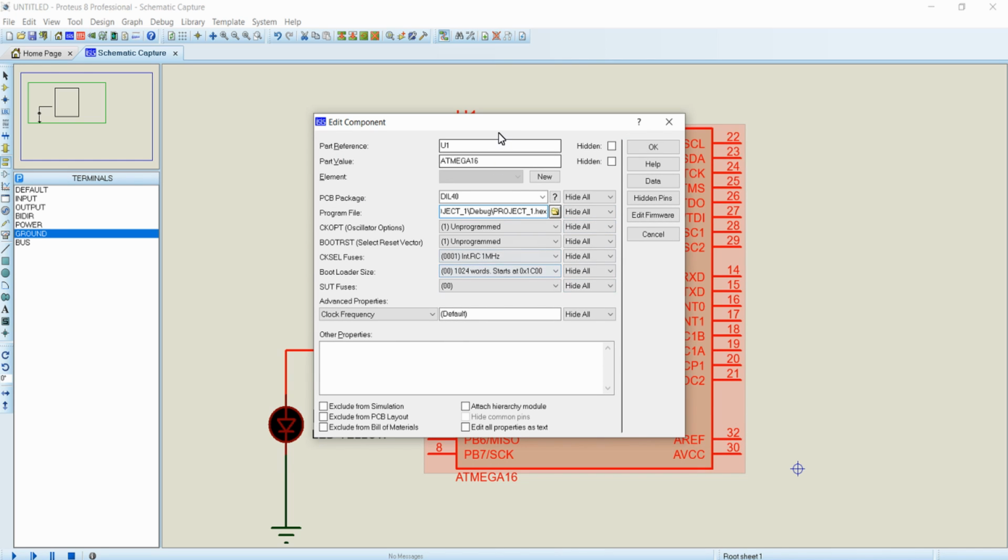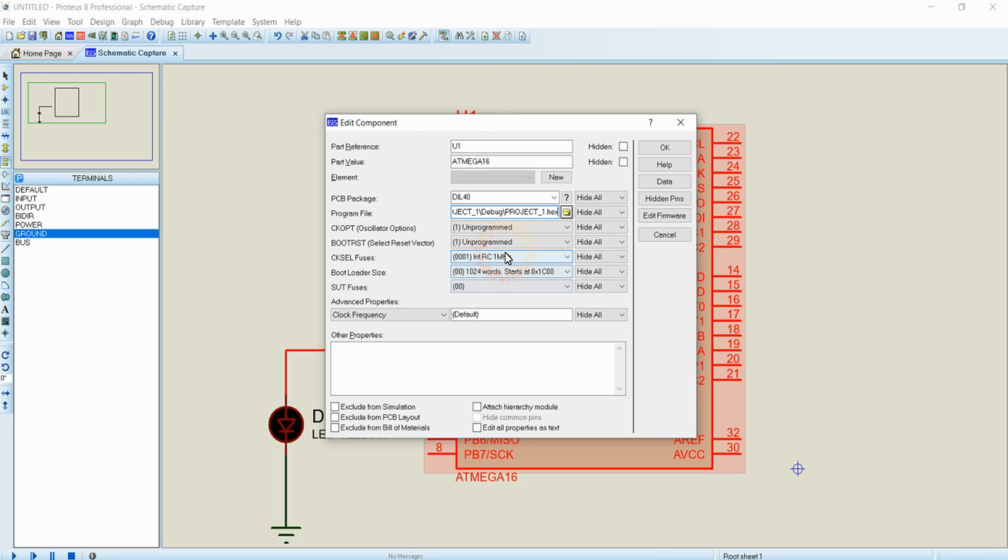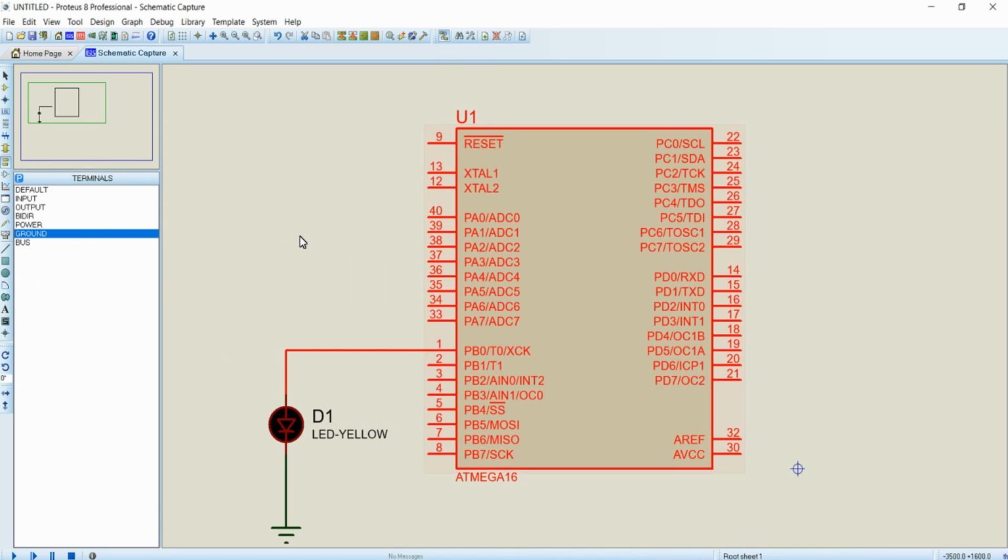Here we cannot use an external crystal oscillator in simulation. So for simulation purposes, you just want to provide any one of the internal crystal oscillators of the IC. I am choosing that to be 8 MHz and click on OK. Now you can run the simulation using the play button in the left bottom corner of the window, that is this one. Now when I click this, you can see the LED is blinking at a rate of 1 second.